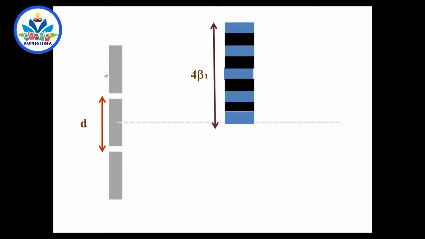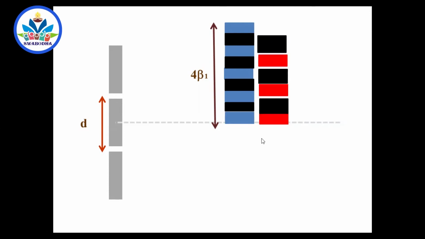Now I remove this blue light and switch on the red light, say 500 nanometer. 500 is not red, but still I'll take it as red. The central here should be red, because whatever be the type of the wave, by the time they meet here, crest falls on crest and it should be bright. Red bright is produced. But the next red bright is not against this blue. Can you tell me why? The next bright red is away from this blue, because beta is equal to lambda D by d. If lambda is less, beta is less, and if lambda is more, beta is also more. So the next red bright is far away from blue because its fringe width is more. Next dark, next bright red, next dark, next bright red.